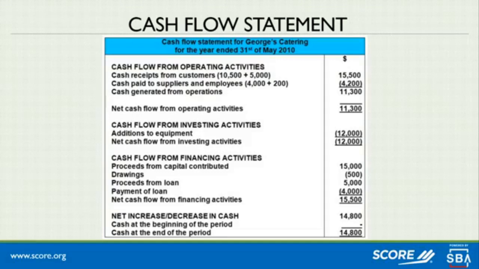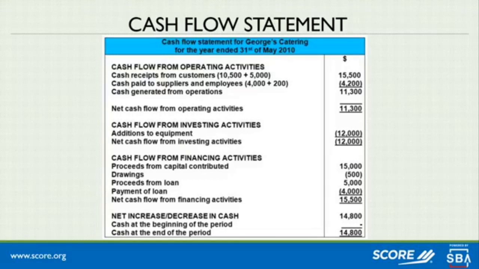The cash flow from investing activities is you may go out and have to buy another piece of equipment, or you need to buy another computer, or you need to upgrade your desk, or whatever it happens to be. And so you're going to invest in some equipment or land or another building. And the additions of equipment are a negative cash drain because we're not talking about accrual accounting here. This is money out the door. You had to buy the equipment. And so you have to have the cash to pay for that.